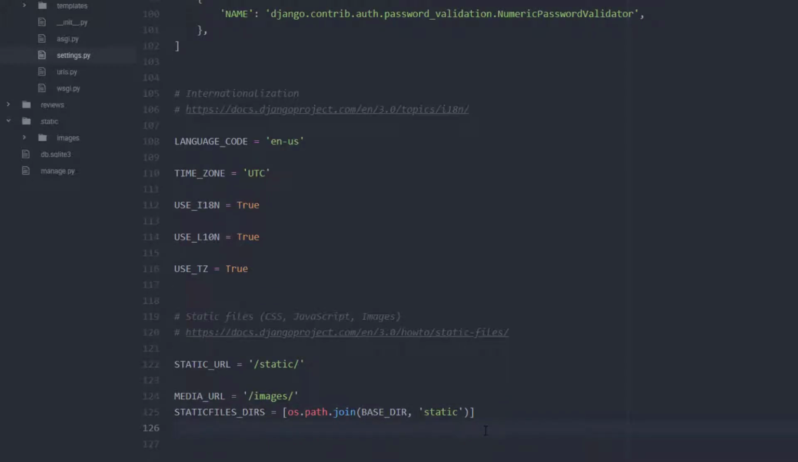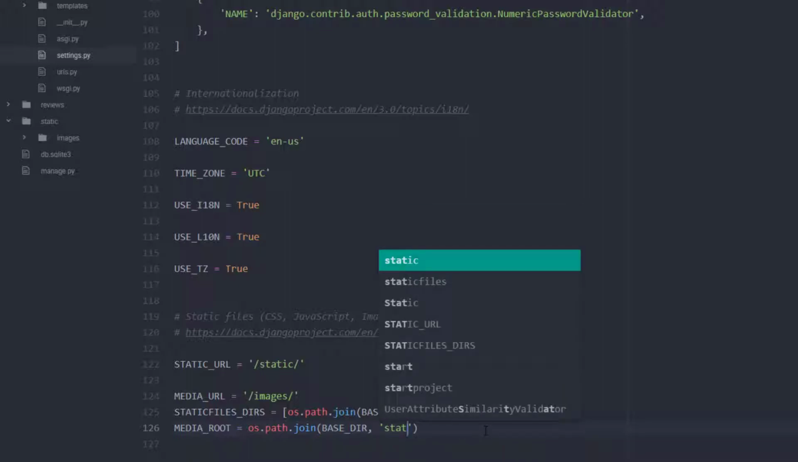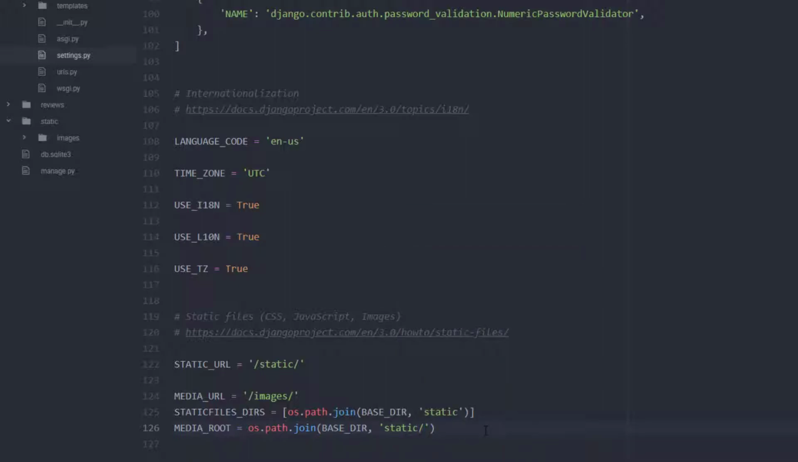And then our media root, let's add that in as well in case. We're going to say MEDIA_ROOT equals os.path.join, and again we're saying base directory, and we're saying static/images. Okay,